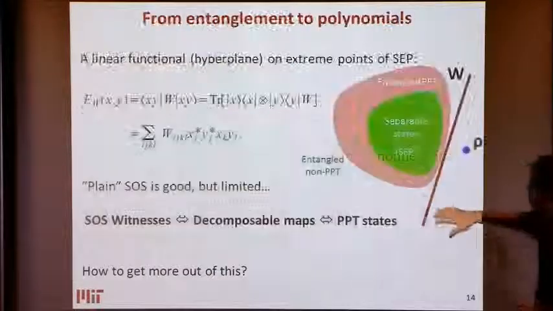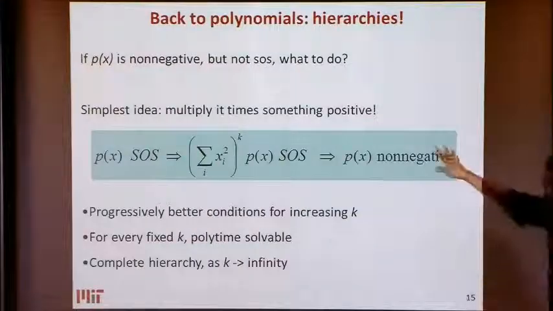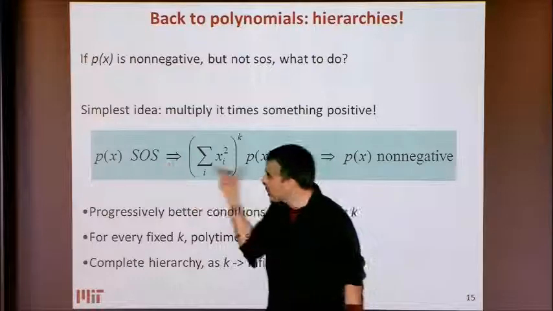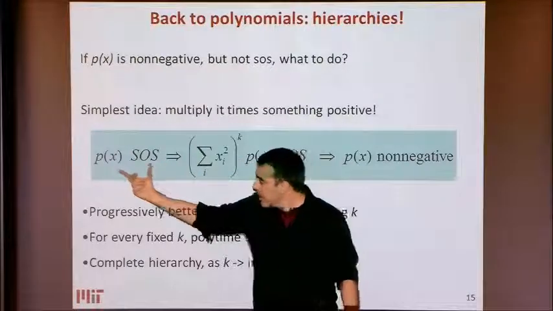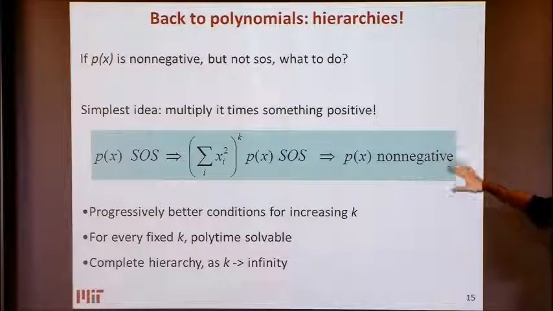Okay, so how do we make this stronger? Let me just explain it first because it's easier in the polynomial case. Let me ignore the quantum stuff for a second. But the idea, again, is one slide, actually one equation, which is this. If I want to put conditions that are somewhere in the middle between P being sum of squares and P being non-negative, and again, for simplicity, let me just work on the sphere. Let me make P homogeneous.